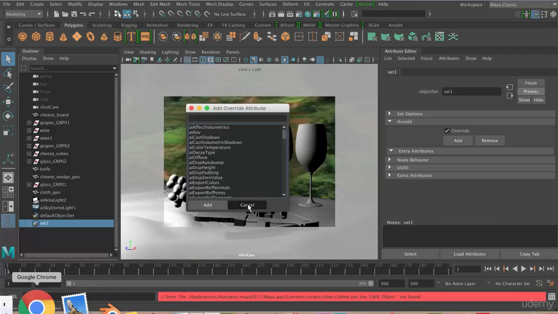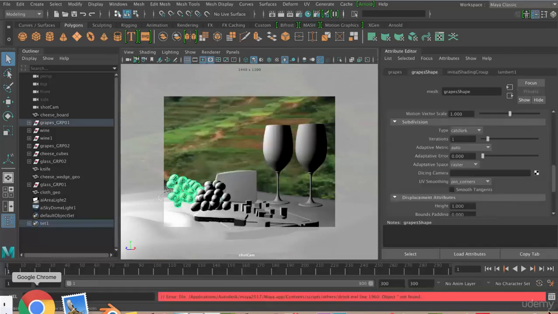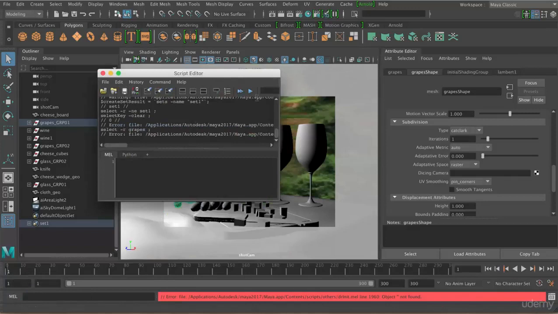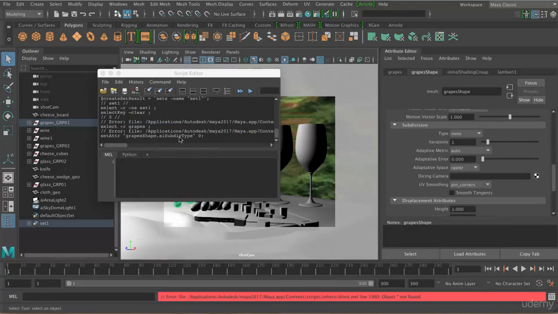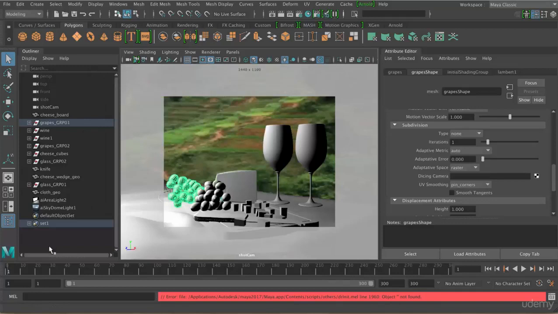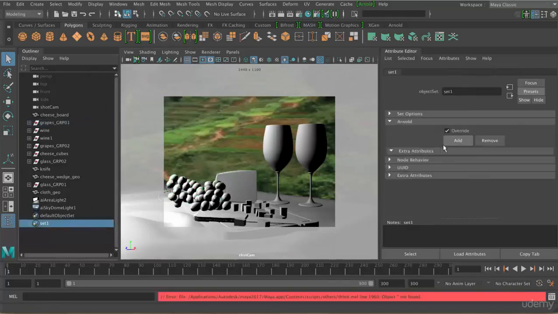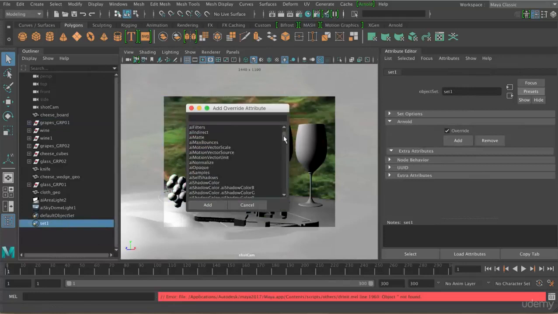So the easiest way of doing that is to actually just come in here, open up the script editor here, just press this button here, and then all you do is you just come down here and just change this to none, for example, and you can see that the attribute that's changing is subdivision type or subdiv type. Okay, AI subdiv type, and so we just need to add that to our set. Okay, so I'll just close that up and grab this guy, add, and then come down to AI subdiv type. There we are. Click on add,